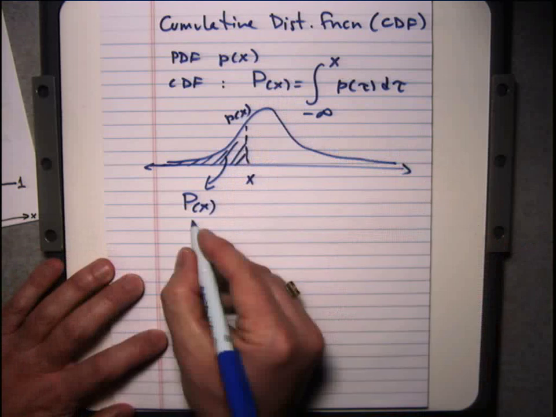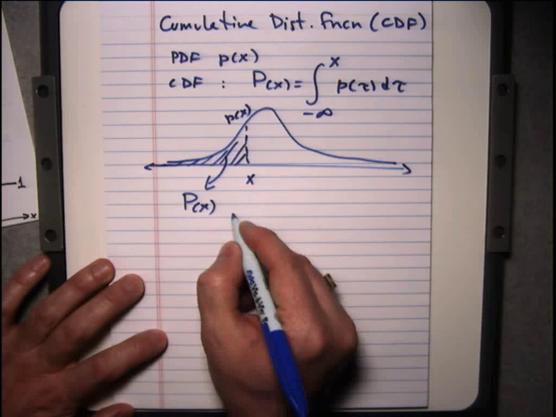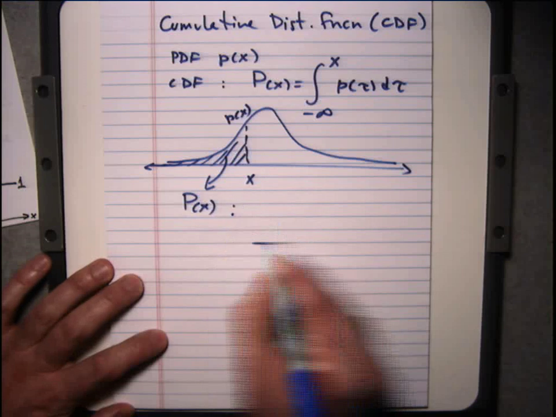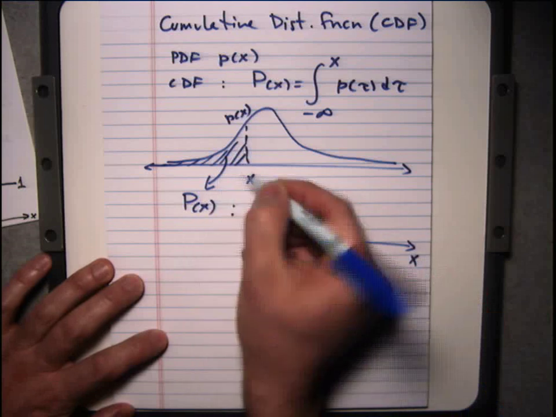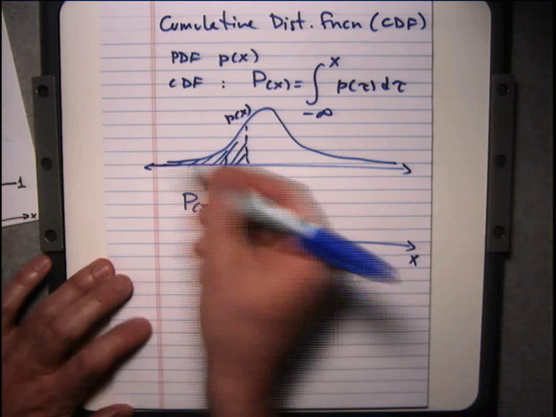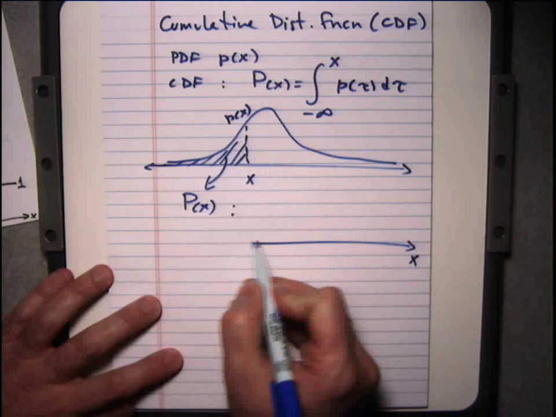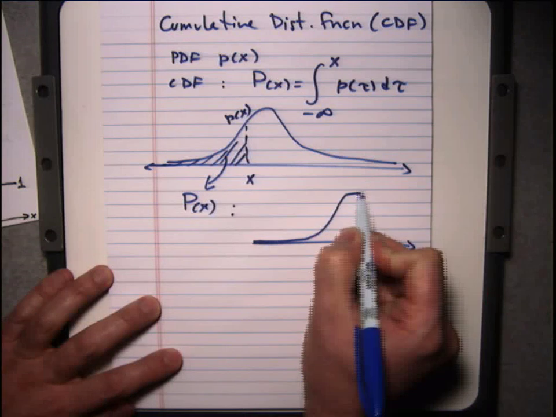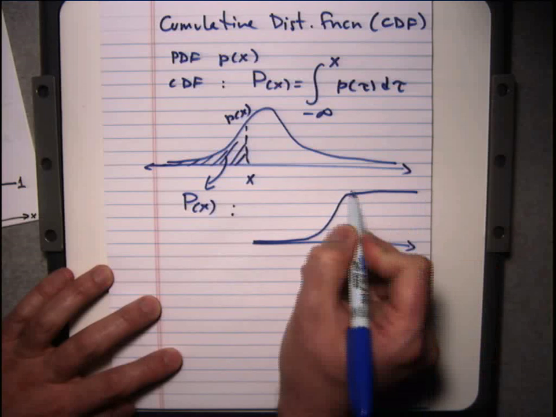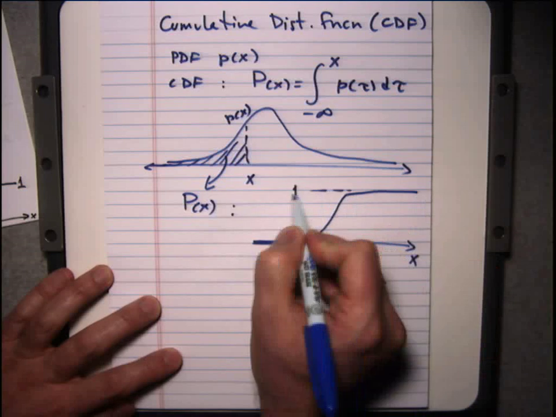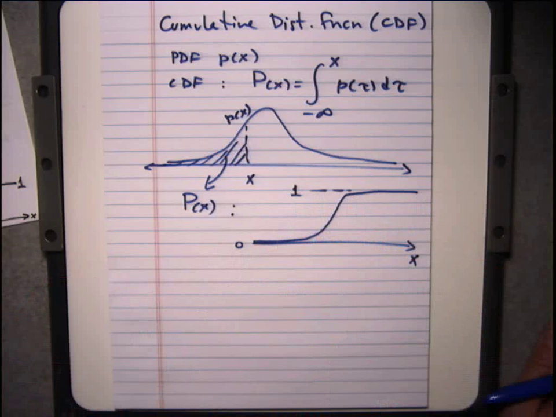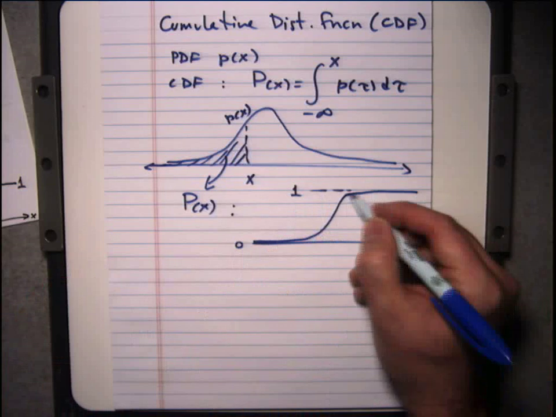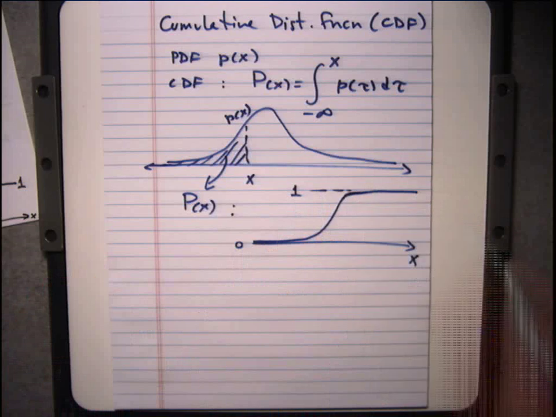Right? So typically P of x has the following look to it. It starts at 0, because if you push this out to the left, to minus infinity, you get 0. So it starts at 0, and then it comes up, and then it settles down to 1. It has an asymptote at 1, and this is 0. This is meant to be very smooth, but that's as well as I can draw it.